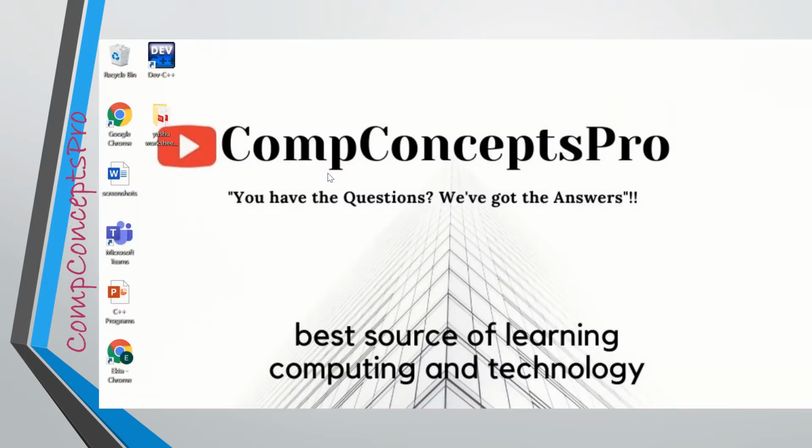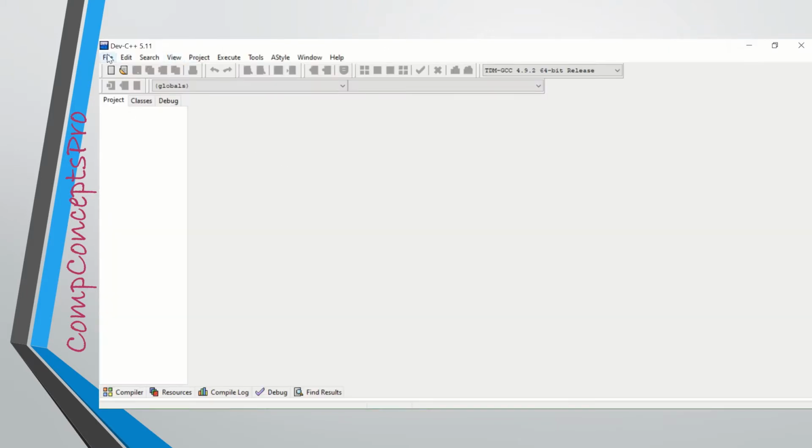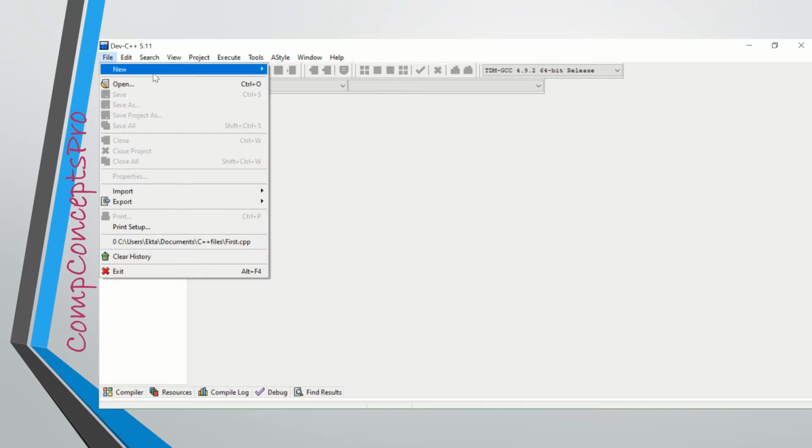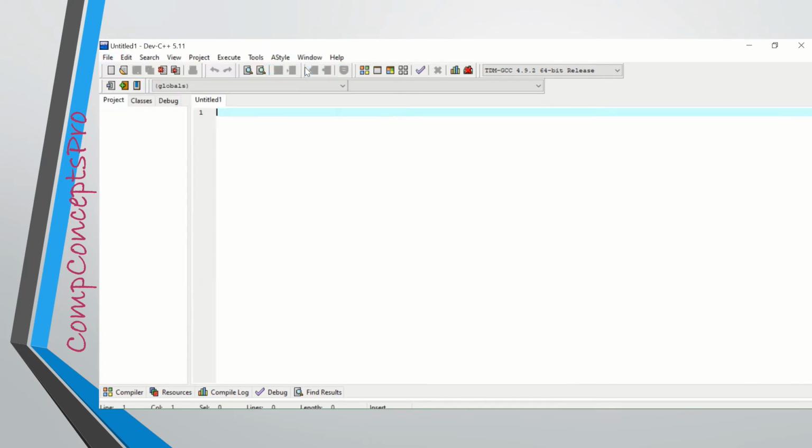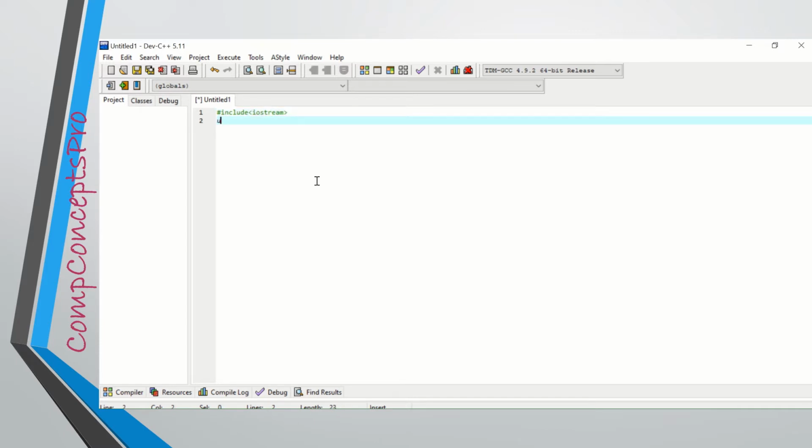So I'll be using the Dev C++ application to demonstrate my program. First of all, I'll use a new source file. Just a source file is sufficient here. We don't need any project. Then first of all, I'll include all the required header files. In this particular program, only iostream is sufficient because we are just going to do some basic input outputs. So we are not using any complex functions, so just iostream is sufficient.